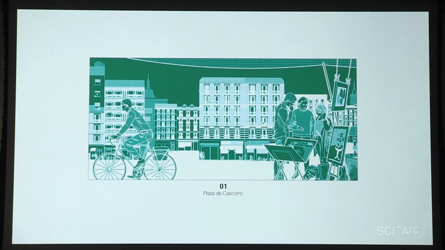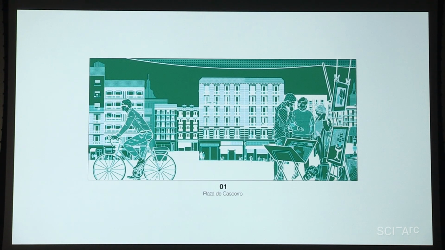So we are trying to recover and reconnect with these daily experiences of the space and to claim the central position they should play in the architectural experience. This is a project that we did for Madrid region and City Hall, and it is a big pavilion